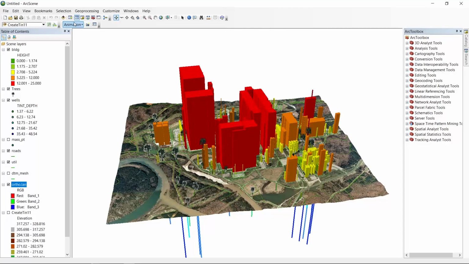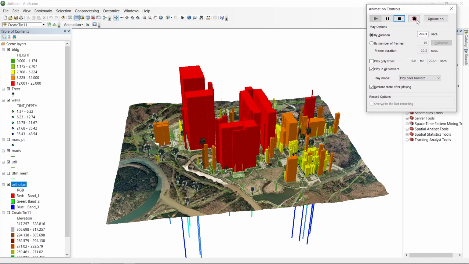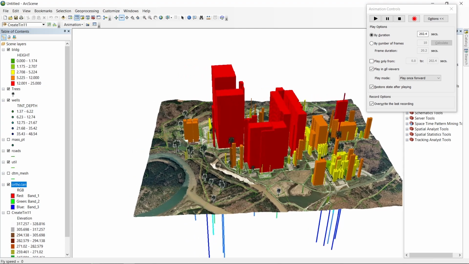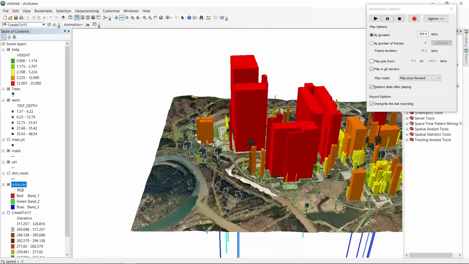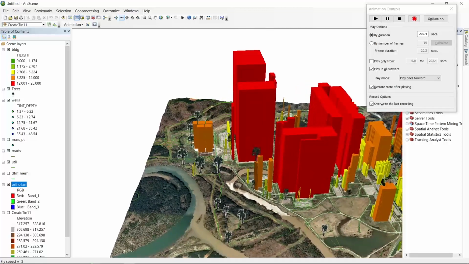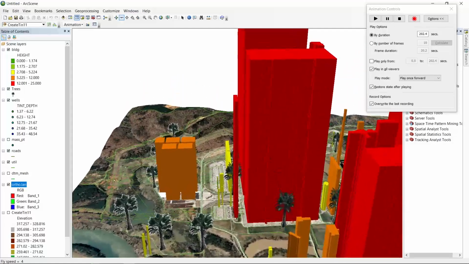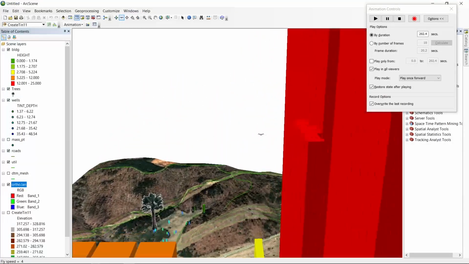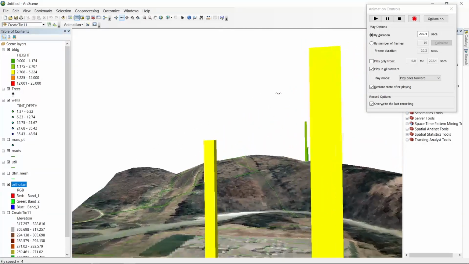So finally, how to record this animation? Here with this tool, can you see animation controls? And here press record. When you start recording, just do whatever you want, it will record. Please make small video clips, one by one, because when it becomes heavier, it won't load on your computer. So a 1 or 2 minute video will be better, then you can start again with a new video.